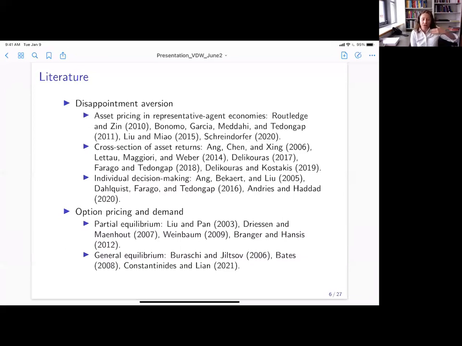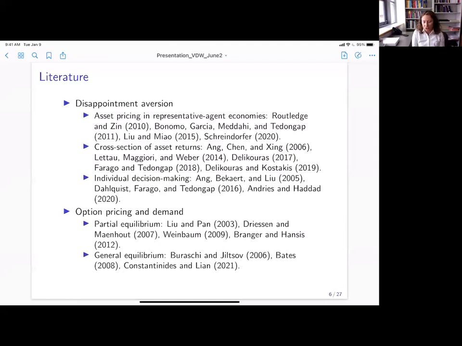So we push this further, and we are going to talk about prices and quantities and the movement between different markets. In addition, the utility specification that's used in Bates is a little bit unusual in the literature, in the sense that the number of crashes enters directly into the investor's preferences. In our paper, we pursue the same idea of crashes being important and investors having different attitudes to tail risk. But we will do this with the DA utility, disappointment averse utility, which is more conventional and has axiomatic foundations. Let me put it like that.